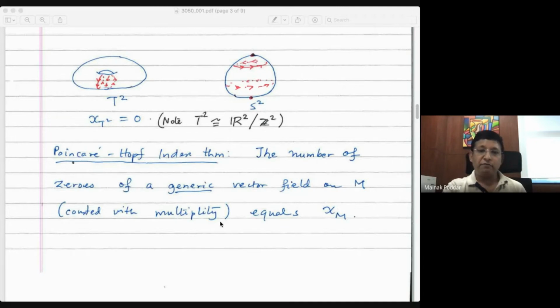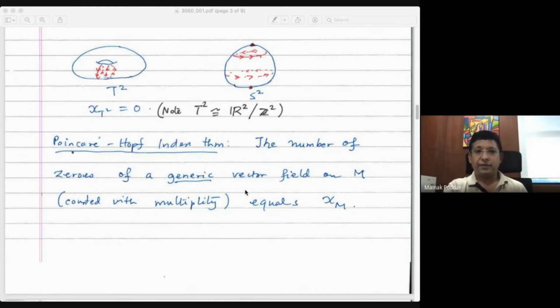So if the vector field vanishes, for example, if a polynomial vanishes, like say x squared times y plus 4 vanishes at x equal to 0, the multiplicity is 2, right? So if a vector field vanishes, in that sense, you can also define some kind of order called multiplicity, and you have to count with the multiplicity. And generic means that it has isolated zeros. So the vector field that you are considering should have isolated zeros if it has any zeros.